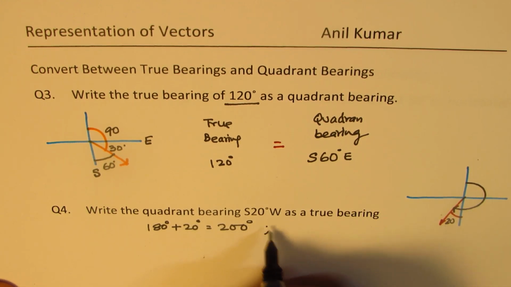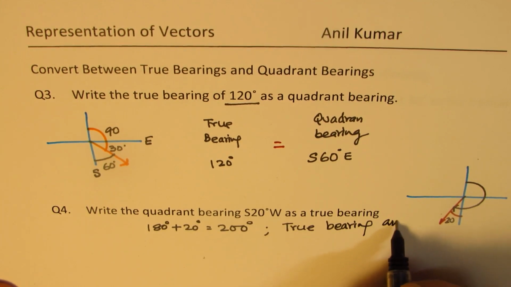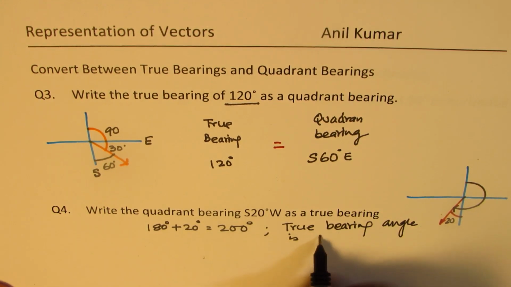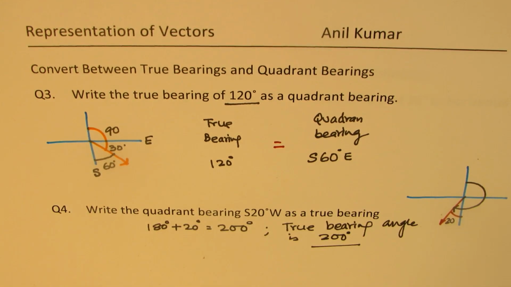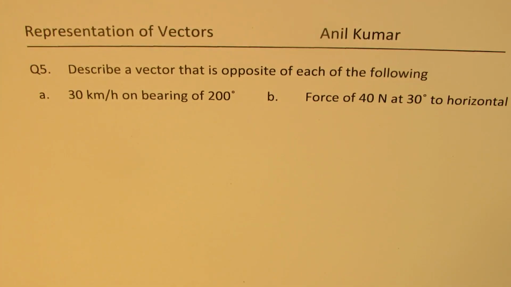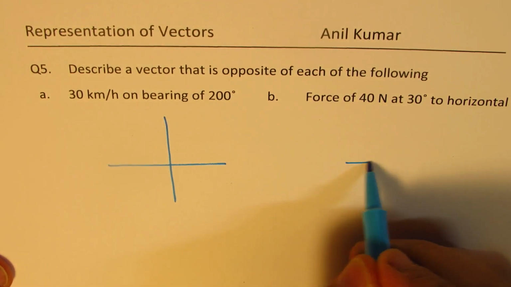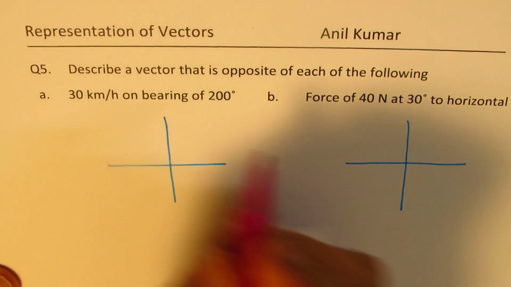So here the true bearing angle is 200 degrees. Is that clear to you? So that is how you could convert from one bearing type to the other. Question number 5. Describe a vector that is opposite to each of the following. Now, to solve many questions, we need this concept. So how do you define opposite vectors? Opposite vectors have same magnitude and opposite direction. So basically we are looking for